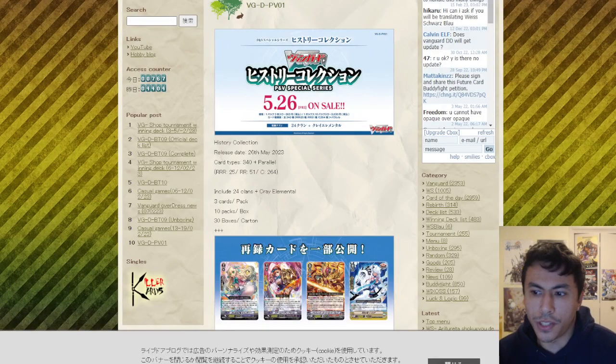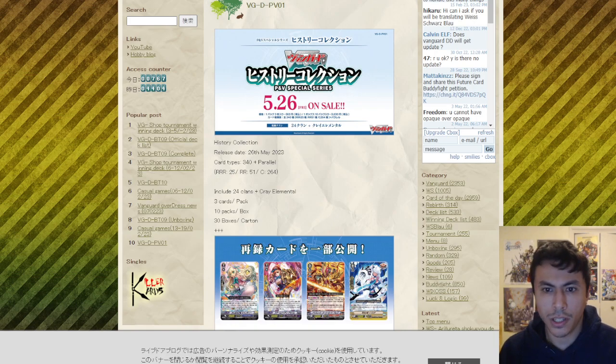Hey, hello! So today we've got the new reveals for the new P and V Special Series History Collection. There's a whole bunch of stuff going on. You can see here that there's 25 triple rares that are going to be in the set. I think each of those triple rares, besides the 25th, because there's only 24 clans, will be the strides themselves,